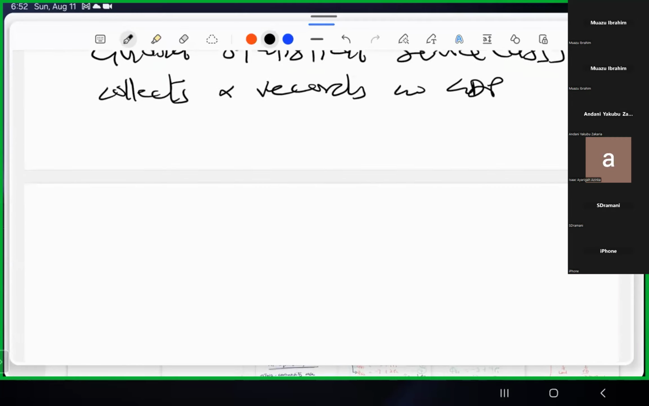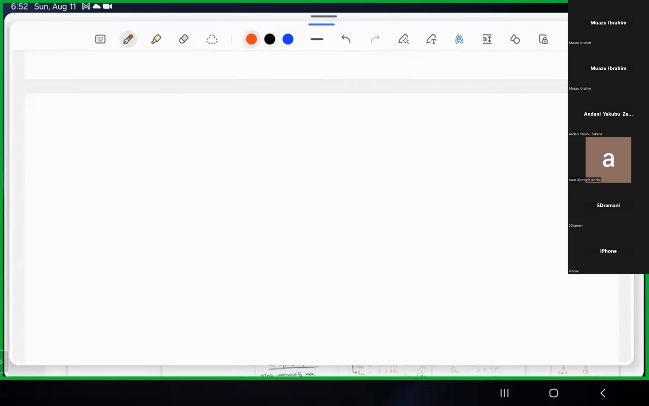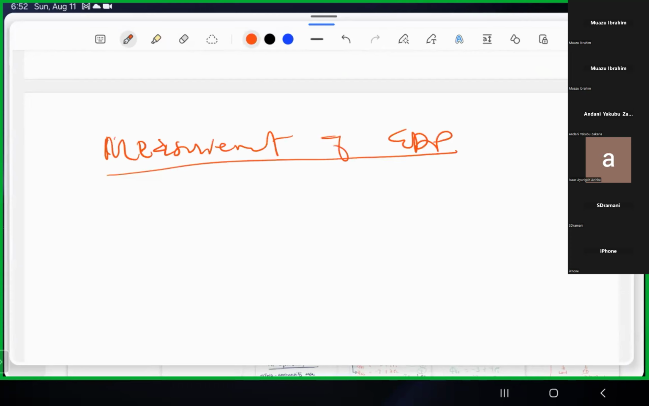So now let's look at this. How do we measure GDP? So let's look at the measurement of GDP. Okay, we have three approaches. So here, to measure GDP, we have three approaches. So the first approach we are looking at,